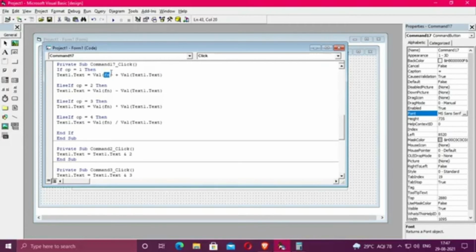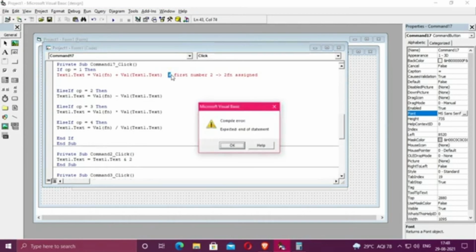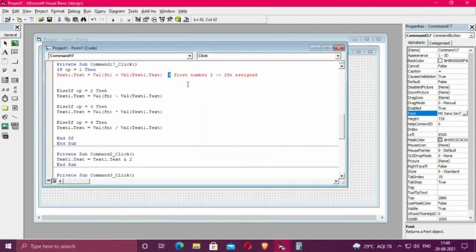Here value of fn means, with the help of the hash command for the users, that's what I am typing here. So the first number, if the number is 2, then it will show 2, and in the fn variable 2 will be assigned.